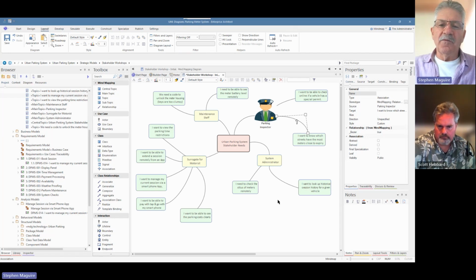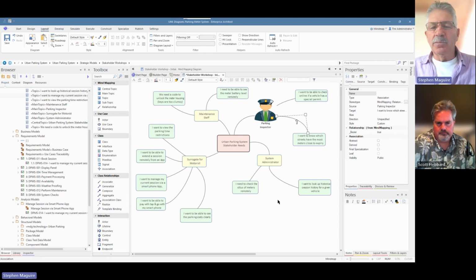Inside Enterprise Architect, we've created all sorts of models of how the system's going to work: deployment models, class models, activity models, and all sorts of things. So having the mind map inside Enterprise Architect provides an incredible starting point and the ability to